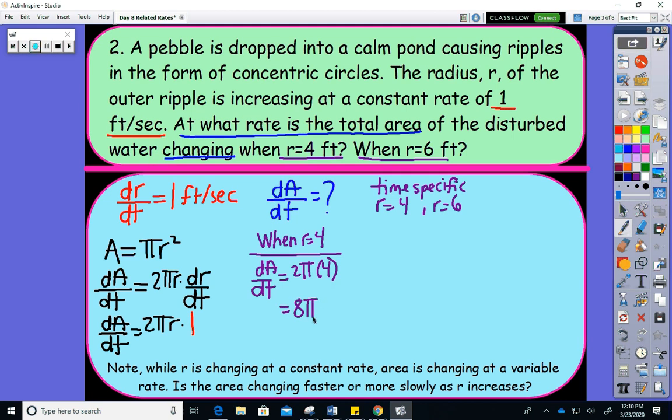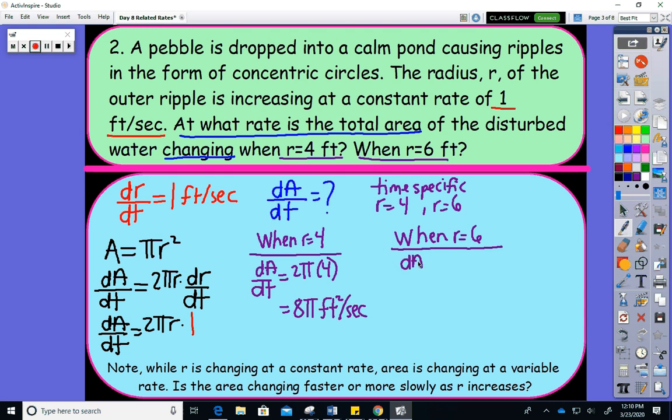Now what is the 8 pi? So I'm saying, oh, the area of the circle is changing at a rate of 8 pi feet squared per second. So as the radius of the circle is increasing, the amount of area that the circle encloses in the water is also increasing. But look, when r equals 6,